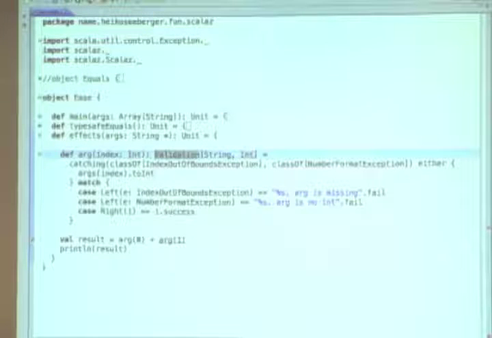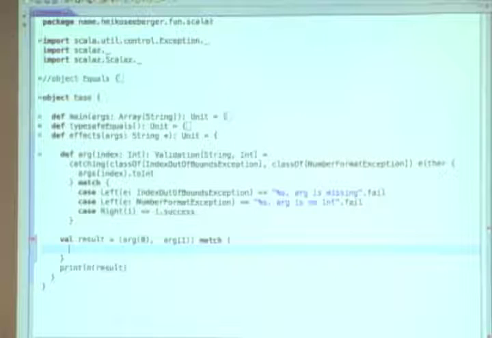So we no longer have to deal with exceptions. Of course, the code doesn't compile here. What we could do now is something like that in order to take care of what can happen, like if it is a tuple of success I0, I1, and so on, then we do our calculation that we really want to do.